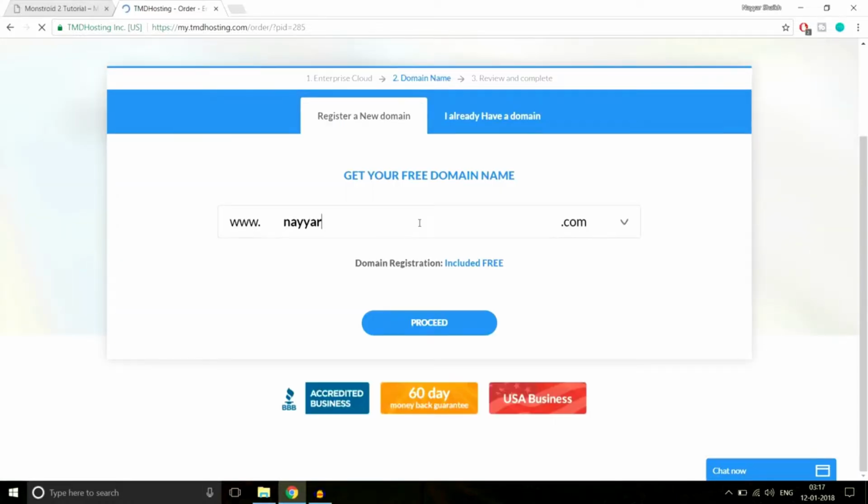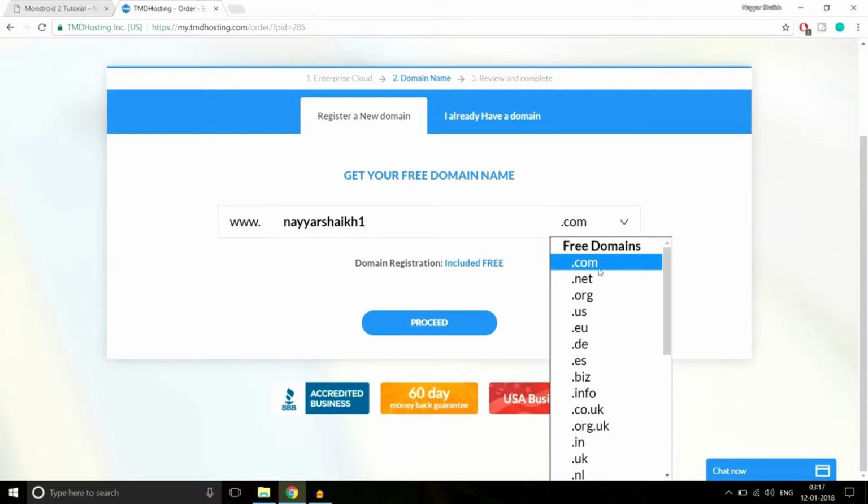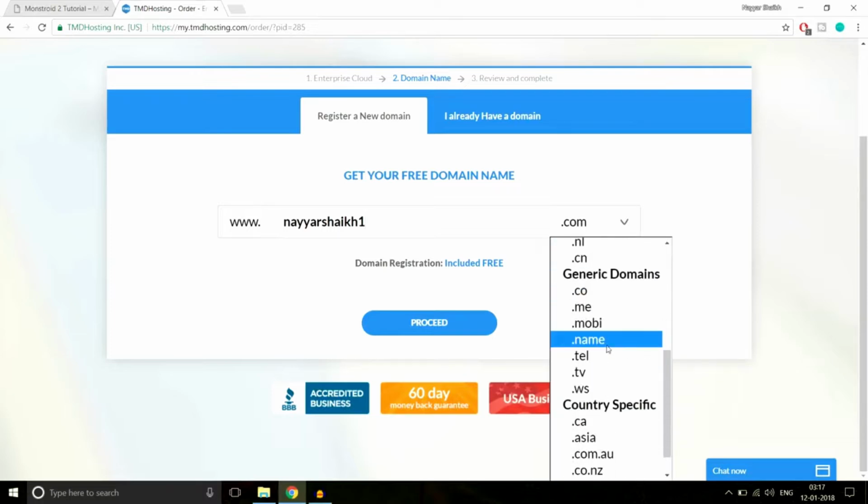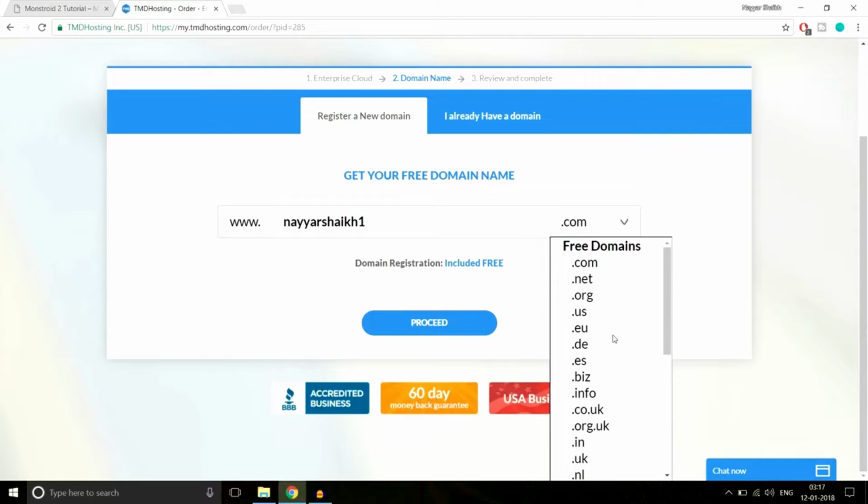For example, you can put in anything like nayershake1.com. I'm not putting nayershake.com because I already own nayershake.com. Now you can select any extension. For example, instead of .com, suppose you want .org, .net, .us, and if you are creating a website for a